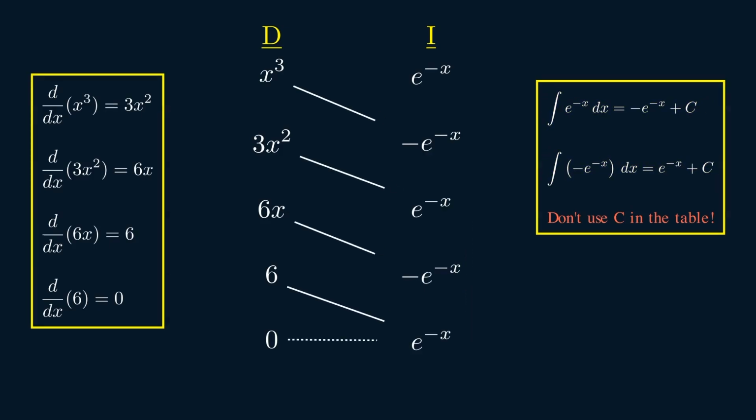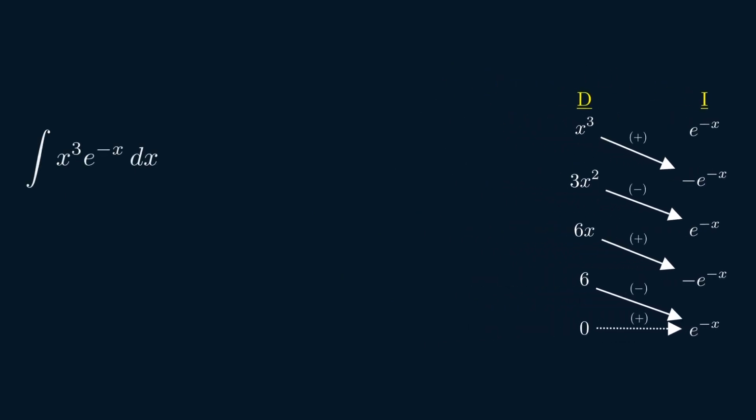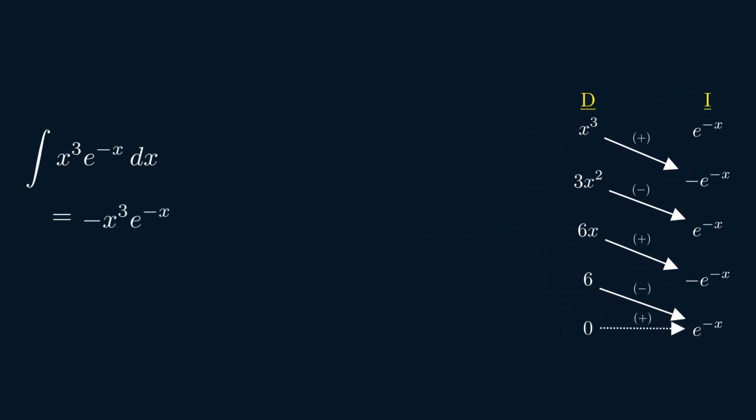The 4 terms of the antiderivative are indicated by the solid arrows, with plus and minus signs assigned alternately. The product of the functions connected by the dashed arrow is 0. So, we ignore the integral it represents. Finally, we write the sum of the products represented by the solid arrows. Add the constant of integration, c, and simplify.